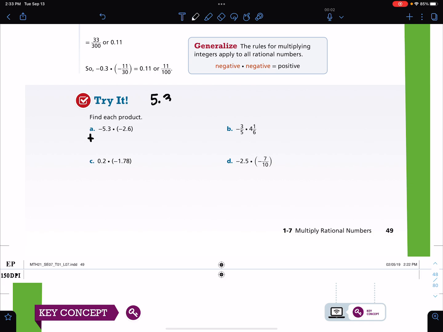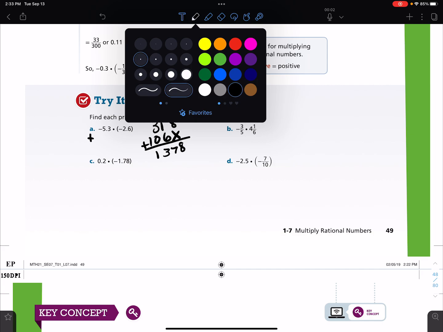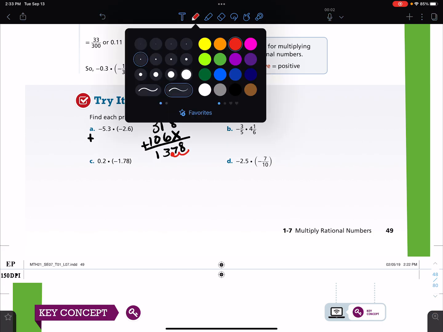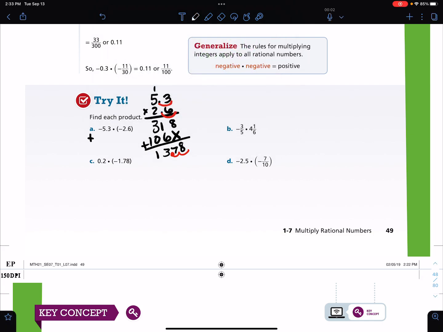So 5.3 times 2.6, I get 31.8. Then I have a placeholder. 3 times 2 is 6. 5 times 2 is 10. I'm going to add. We get 8, 7, 3, 1. And as you see, there's 1 decimal place movement, 2 decimal place movements. So I have to put my final decimal place there. So my answer is positive